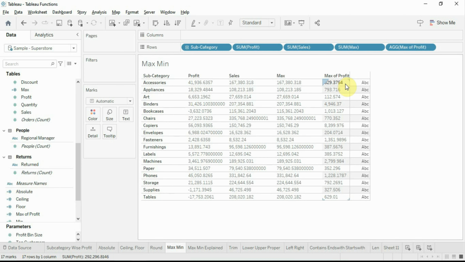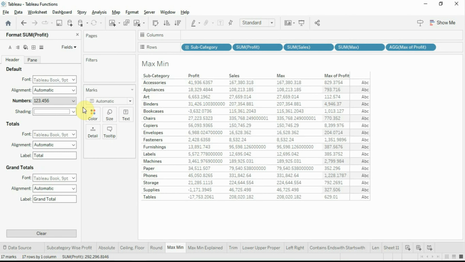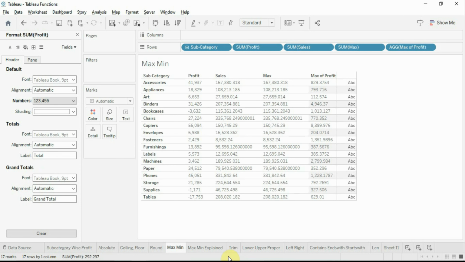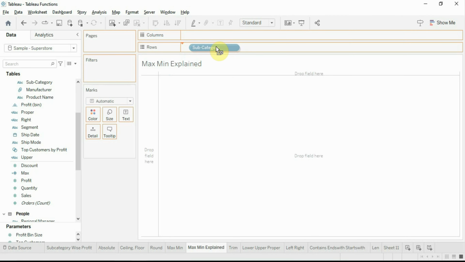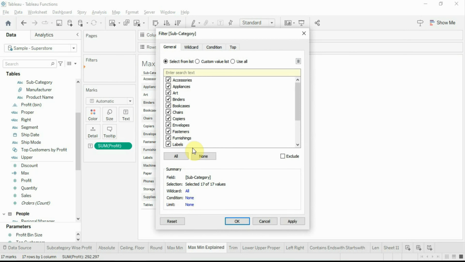Let's understand this briefly by taking the example of accessories. For simplicity, I am rounding the profit number. Let's create the subcategory wise profit sheet again and filter only subcategory as accessories.